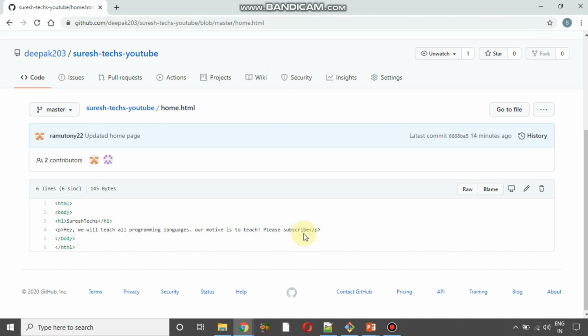Now this is how we get the changes from the remote repository into our local system. We'll perform our own local changes, we'll do either fetch or pull, and finally we will push our changes to the remote repository. Now one thing to remember here is that I have directly pushed my changes to the master branch, but that will not be the real case. You will have separate branches like release, QA, etc. You will need to push your changes to different branches, and then you will need to make a merge request, and then those changes will be pushed to the master branch, but you will not directly push your changes to the master branch. That you will need to remember. Okay, so this is the entire concept of remote branching.